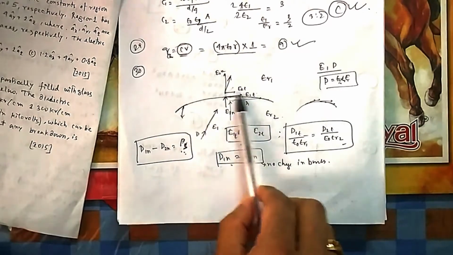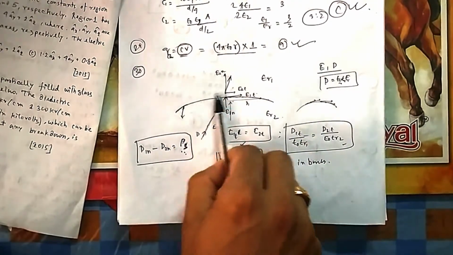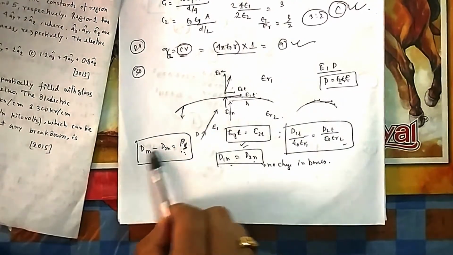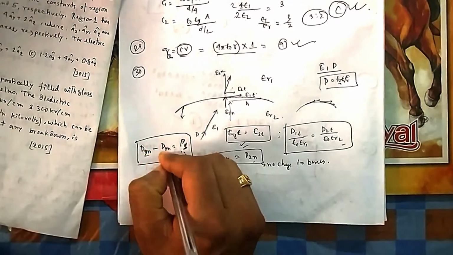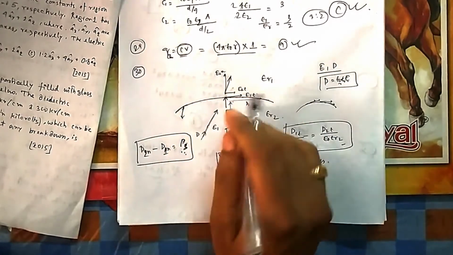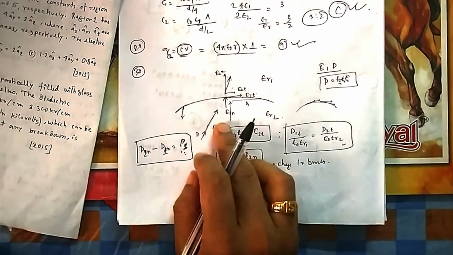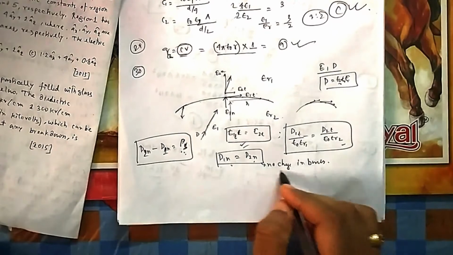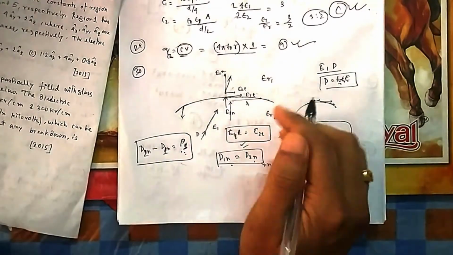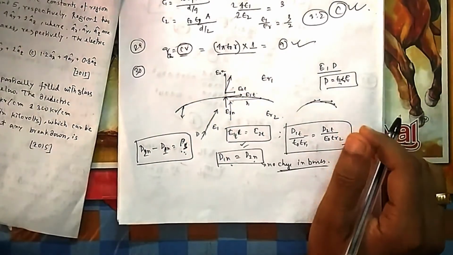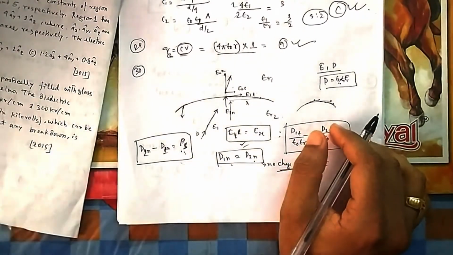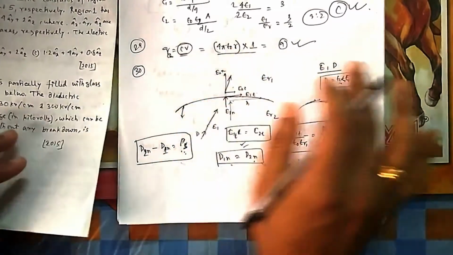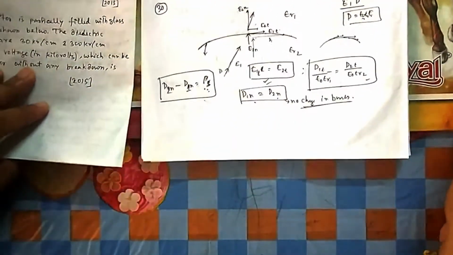But if you keep a charge here, because you are now crossing and you have some additional charge, the difference between these two, moving from this side, will be D2n minus D1n. So if you move from this side, D2 minus D1 will be due to this charge. And if there is no charge, then they are equal. So this is the boundary condition of two dielectrics. Similarly, you can assume the conductor and dielectric boundary condition. I am not explaining that one; if questions come, I will come to it. These two boundary conditions are there in electrostatics, so you try to read this one.